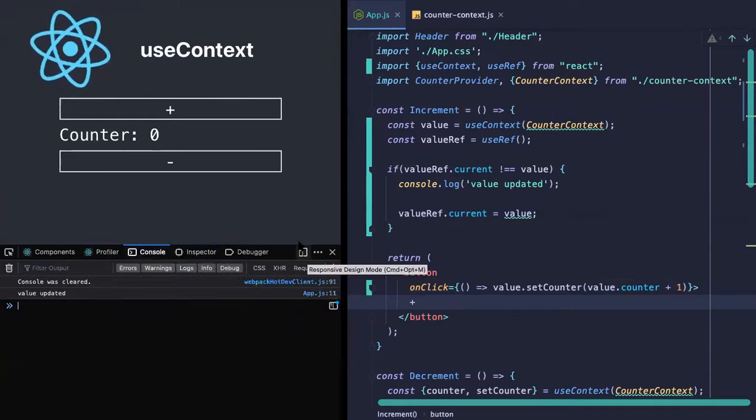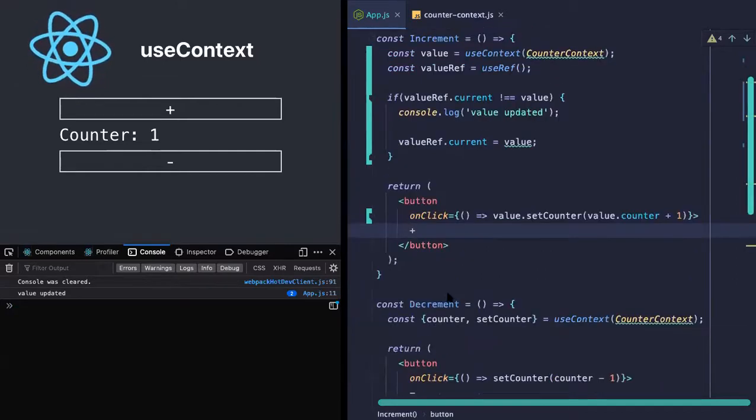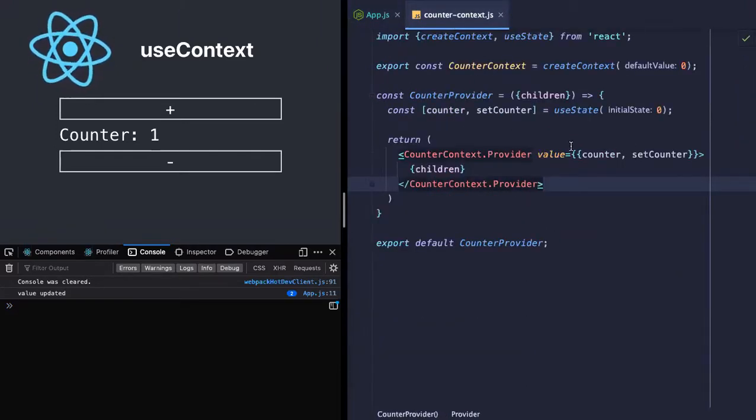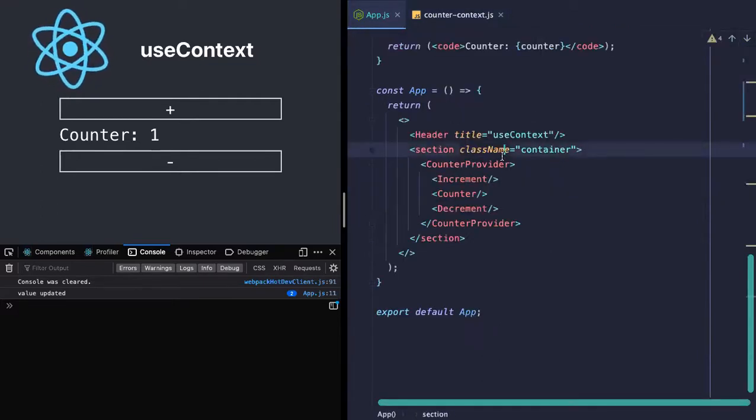So first time when we entered, we got a new reference of value, and that time we got a value updated printed, and this is currently holding whatever value we got in the first render. All right. So let's say if I increment a count, I'm getting the value updated because of course my counter is incremented. But let's first replicate a scenario where we are updating our counter also, so that we'll see when the counter is re-rendering, are we getting a new object or not? So let's try and reproduce that scenario.